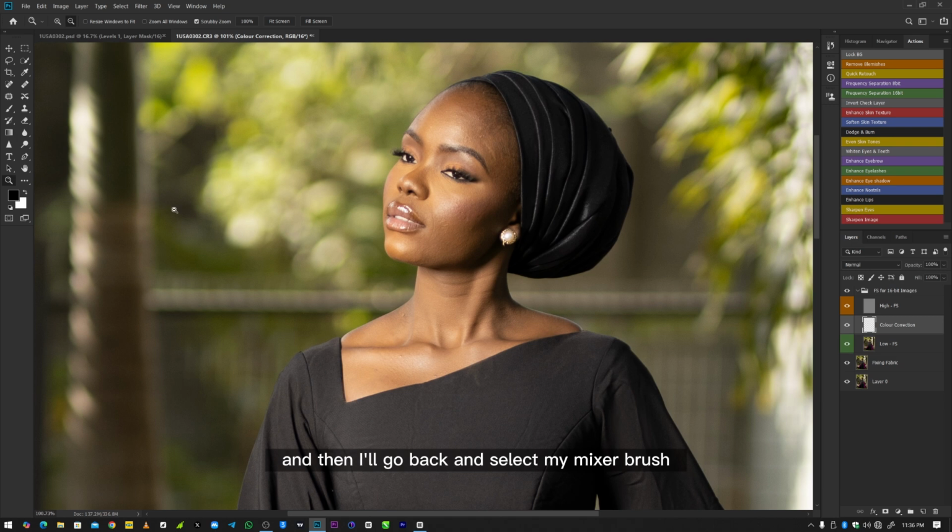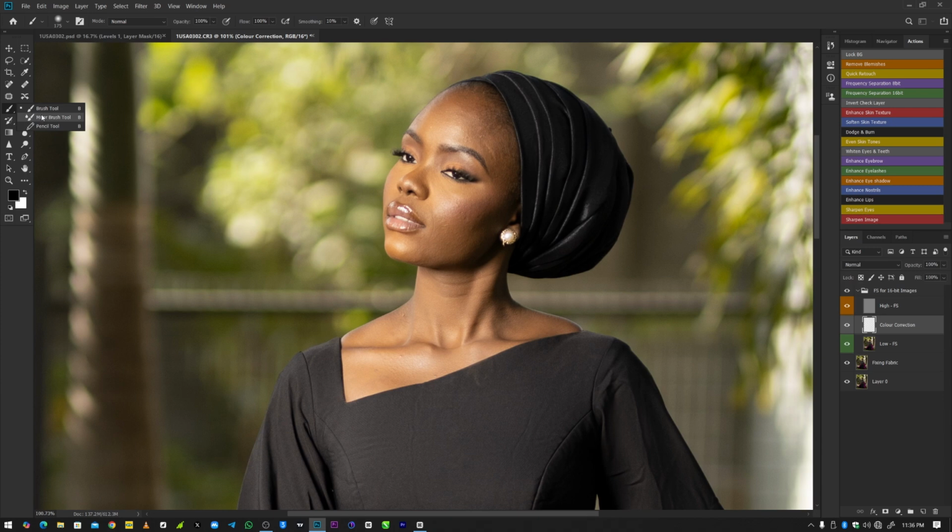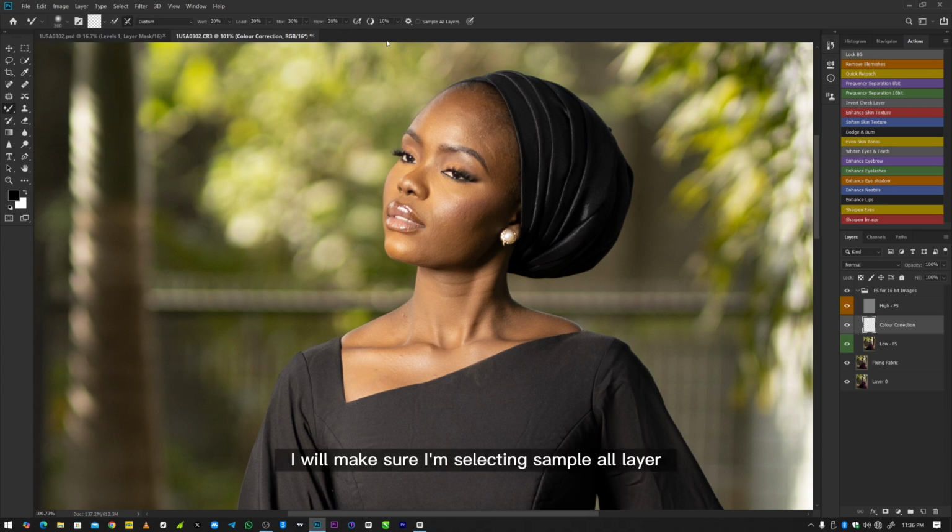And then I'll go back and select my mixer brush once again, but at this time I will make sure I'm selecting sample all layer, and then the rest of the settings of the mixer brush remain just as they are. Then I will uncheck my high FS. I will hide the high FS layer here, and then I go ahead and do my frequency separation, as you can see. So don't forget, you maintain your highlights exactly where they are, and then you maintain your shadows exactly